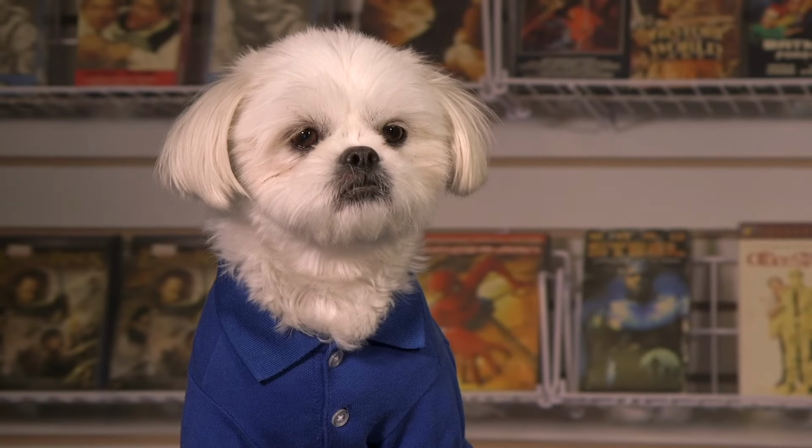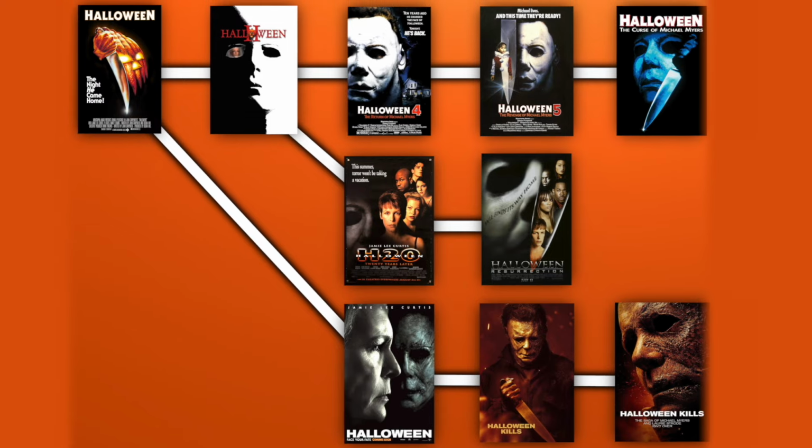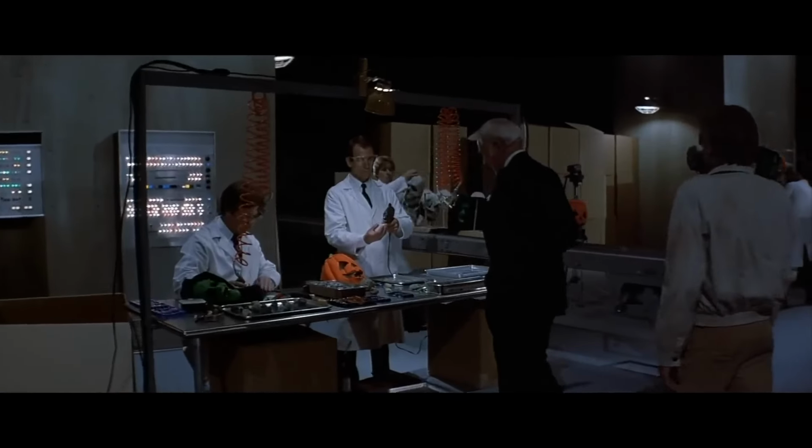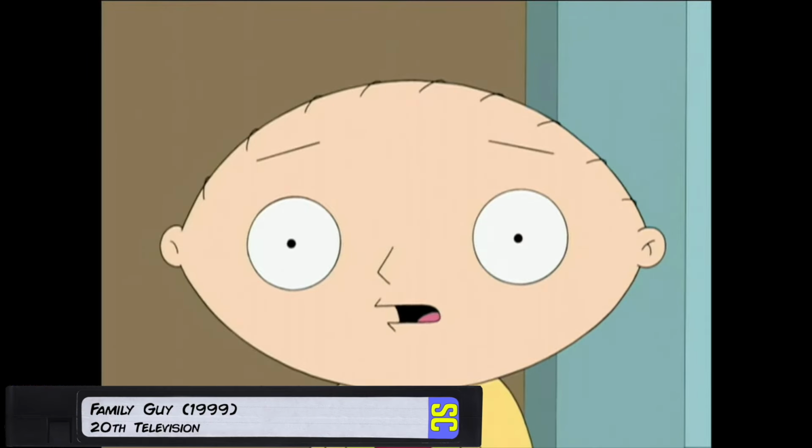5 timelines? Better call the TVA. Yeah, it's a lot, and it can get confusing keeping up with which movies are in which timelines. I mean, we've got reboots, splintered timelines, and there's even one universe where Michael Myers doesn't exist. Say what? So let's break down each of these timelines film by film so that you can know which order they're meant to be watched and which movies are canon to which timelines.